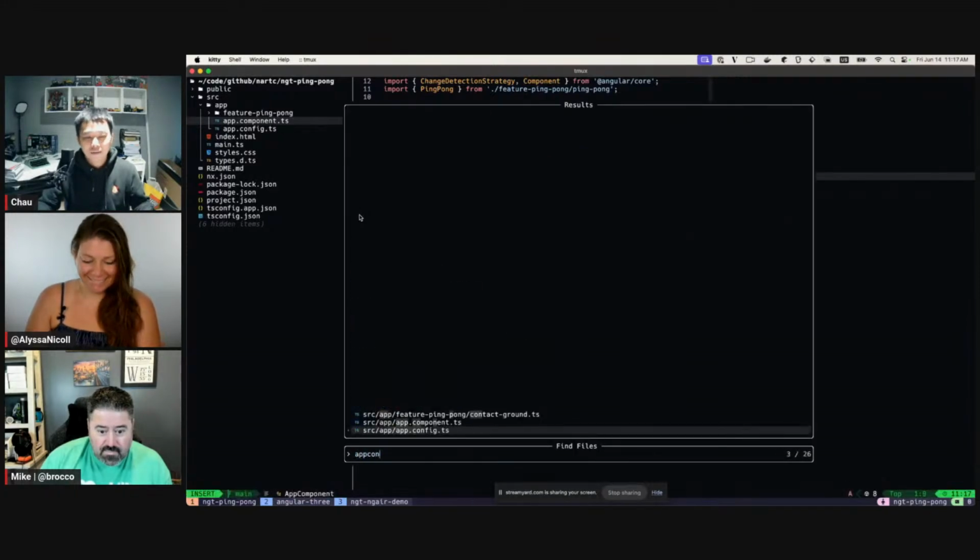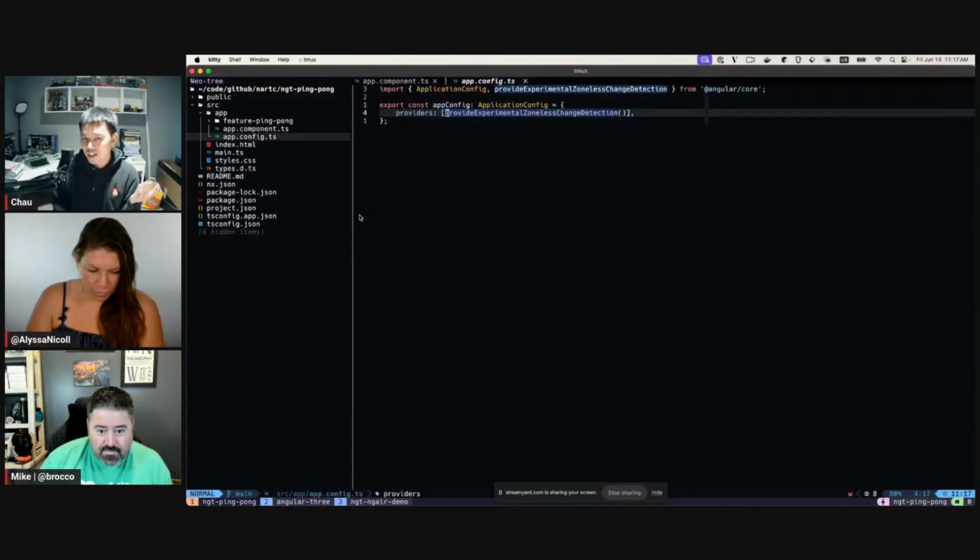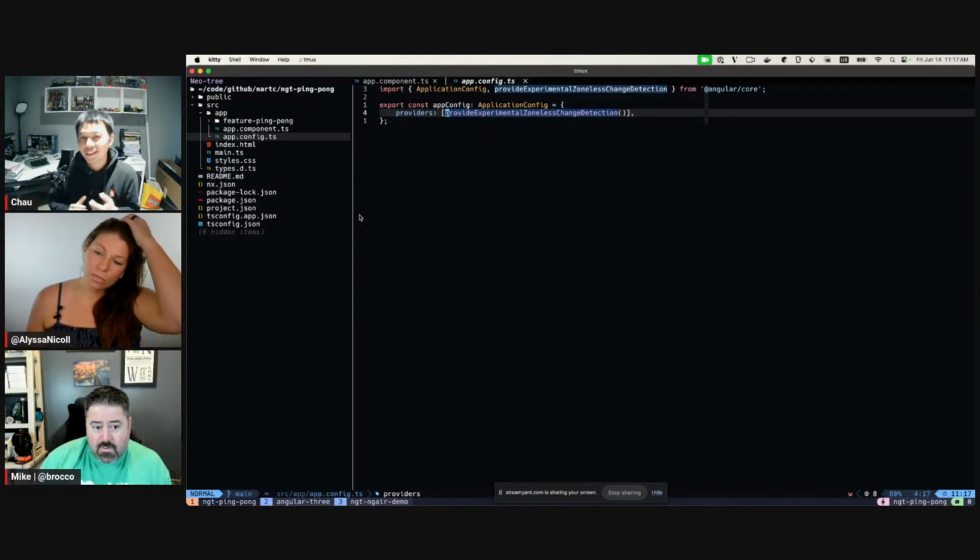So we go to app config. I'm using provideExperimentalZonelessChangeDetection. This is a new provider to allow consumers to opt into or test out zoneless change detection from Angular 18. So if you want to test if your application works with zoneless or not, just put this in. And make sure to remove